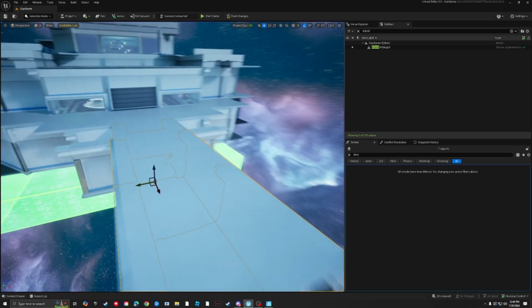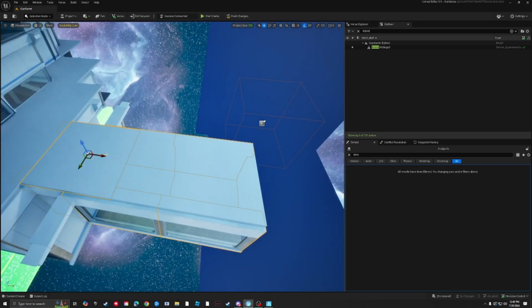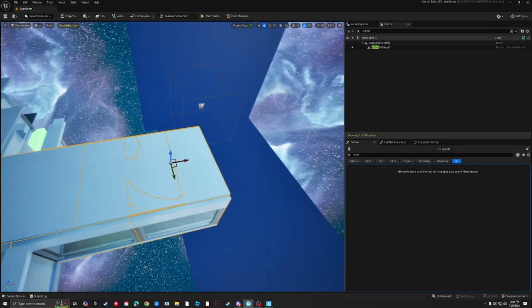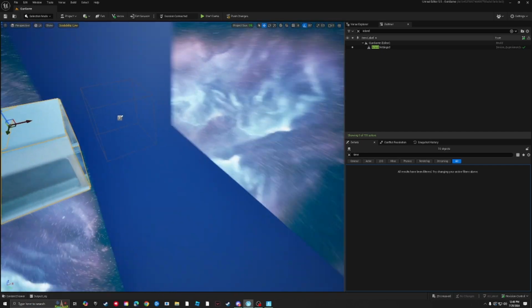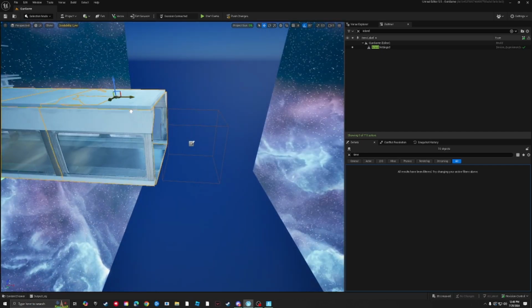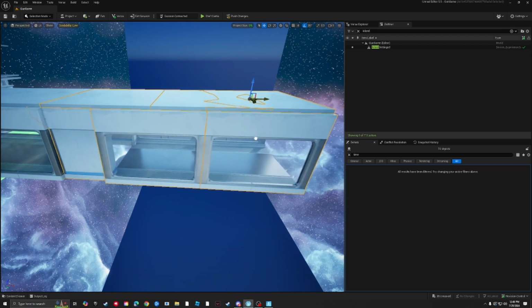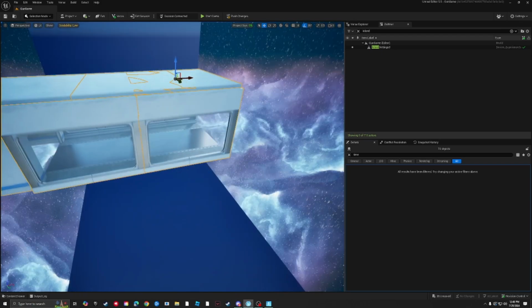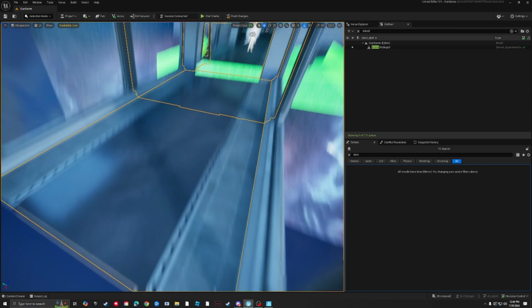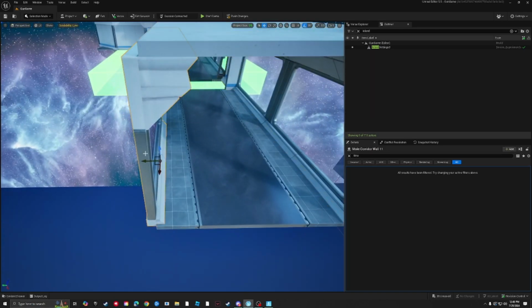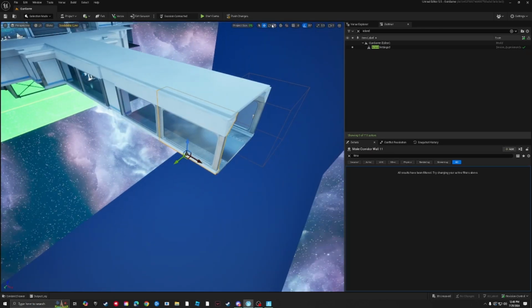If I hold shift, just like I'm doing now, I can select multiple different instances, and now when I hold shift and drag again, it's going to duplicate all of that. Boom, and I can align things however I want. Obviously I can expand this out some, so if I rotate this 90,